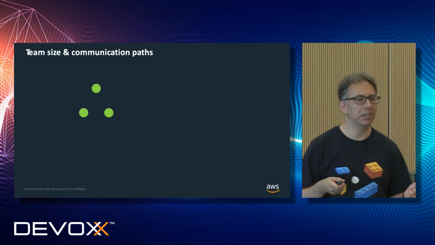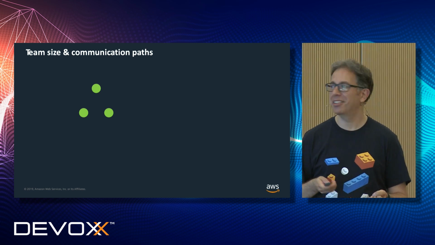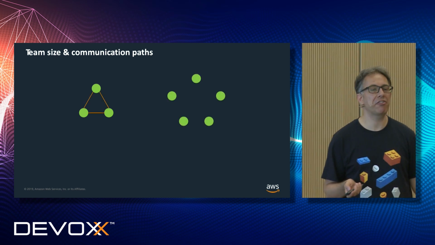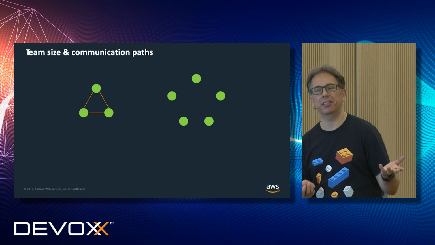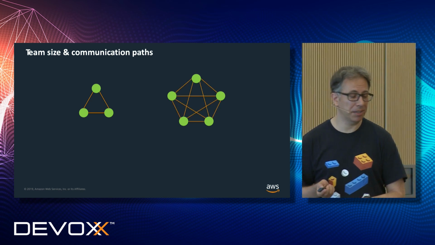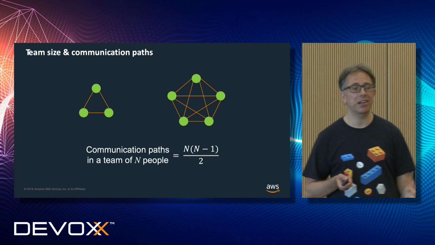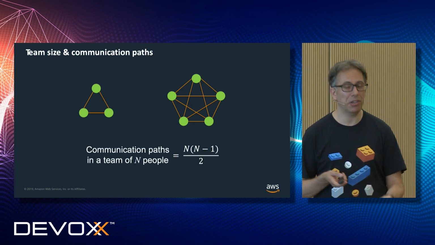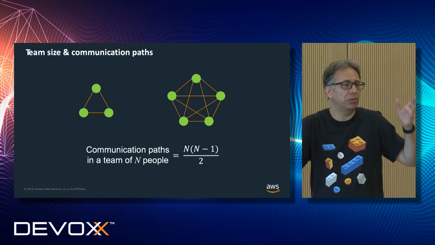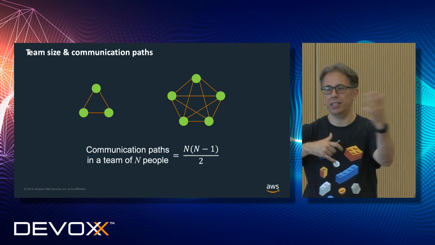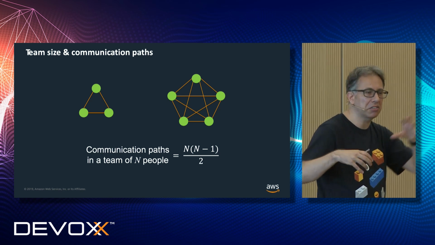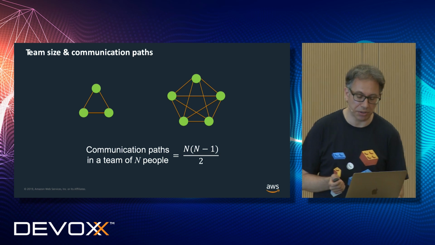Question to see if anybody's awake. 3 paths. No, it's very simple. If I have 5 people, how many communication paths do I have? 10 paths, because the number of paths grows with the square of the number of people. So if you have 10 people, you have 45 communication paths. It's impossible to create a team of 10 people where everybody is a peer of the other. Automatically, you create subgroups, sub-teams that are completely outside of your control.